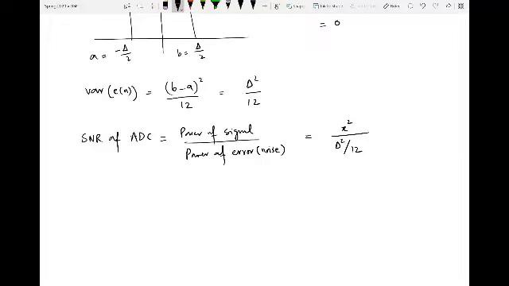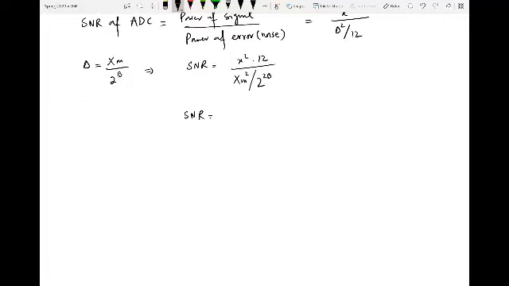Now if you put the delta value, because delta was equal to xm divided by 2 raised to power b, SNR comes out to be x square divided by xm square over 2 raised to power 2b, and you take 12 over here, and if you rearrange the same expression, I can write SNR as 12 multiplied by 2 raised to power 2b multiplied by x square divided by xm square,